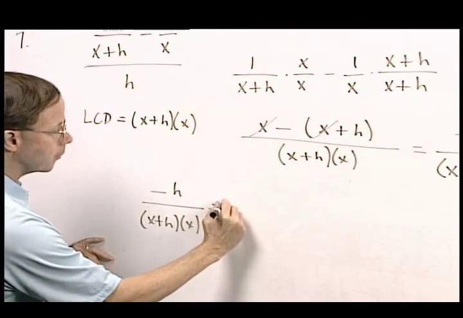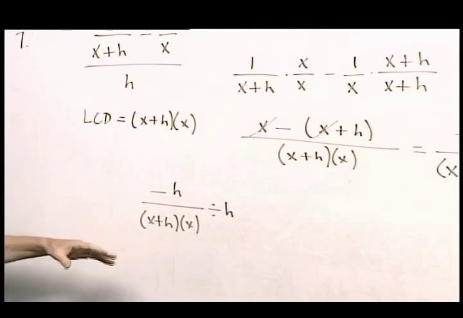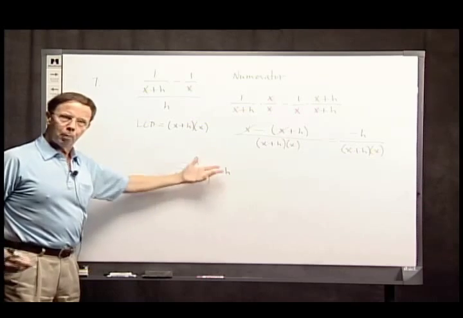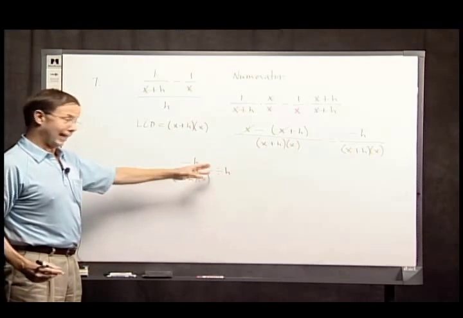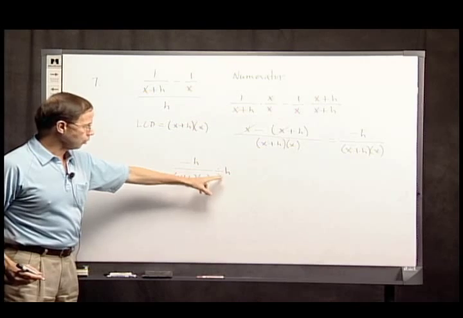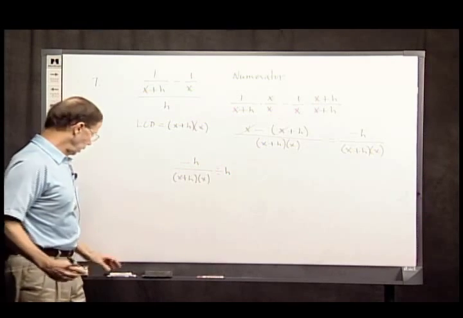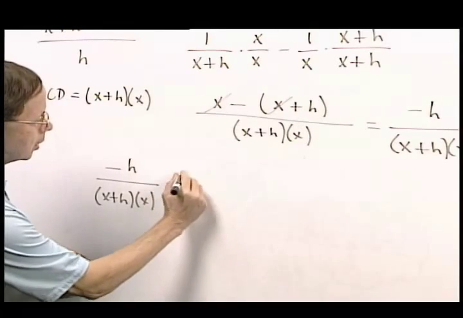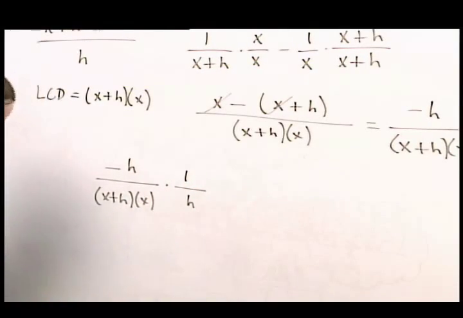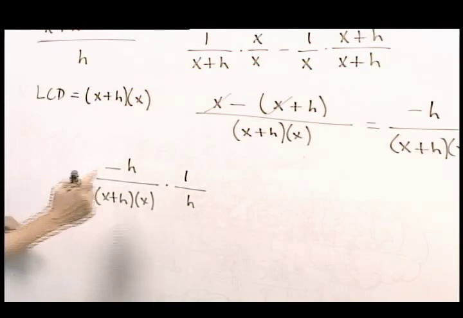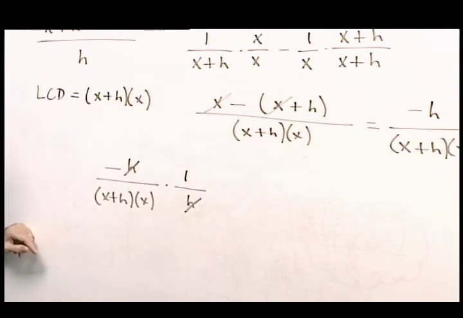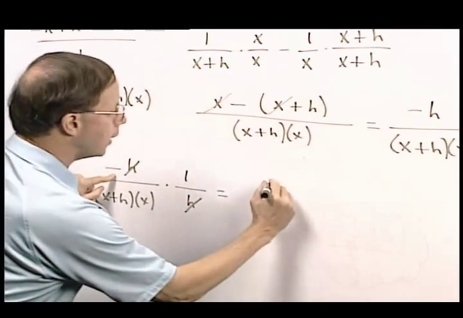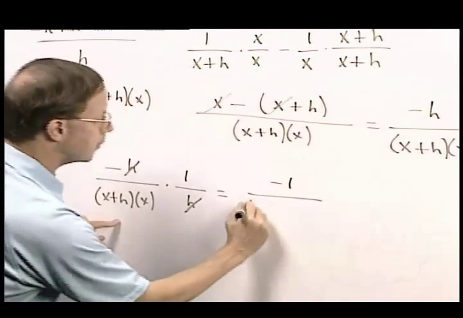Divided by h. Of course, when we work with fractions and we divide, we turn it into a multiplication as soon as possible, and now's the time. I'm going to multiply by the reciprocal of h. In other words, multiply by 1 over h. And simplify, yeah, h cancels. What I have as my answer is minus 1 over